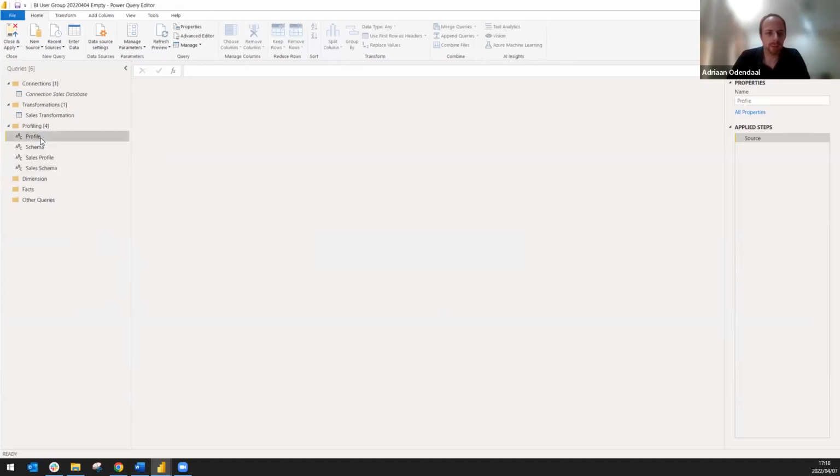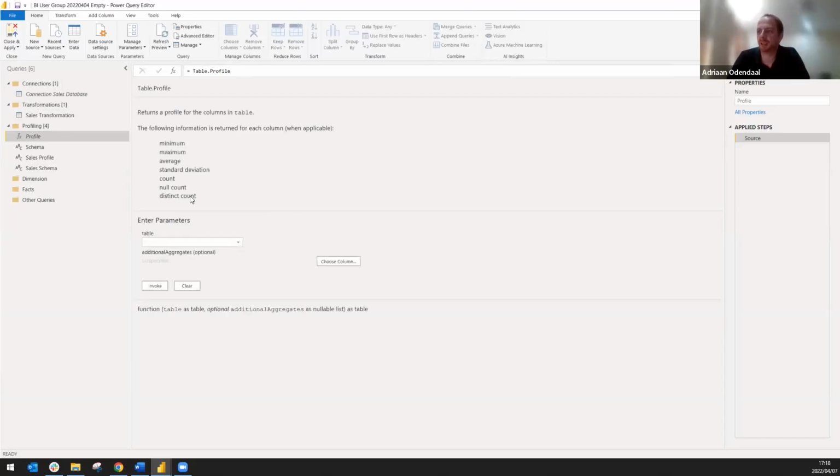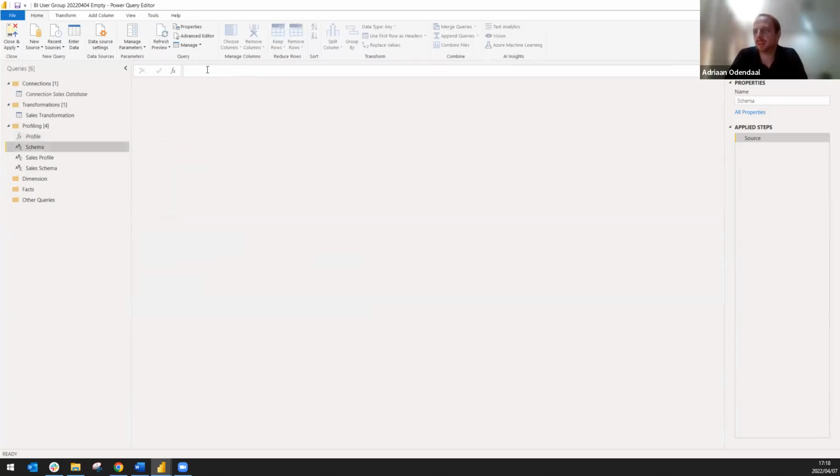So profiling is a very, very powerful step in Power BI. It's a function called Table.Profile. If you do it without the brackets, it can actually show you what the output is. So if you ever wondered what it is, Table.Profile, IntelliSense would also pick it up, and then you can look at what the output of this is. So if you're going to go for schema, let's do the type way of it,